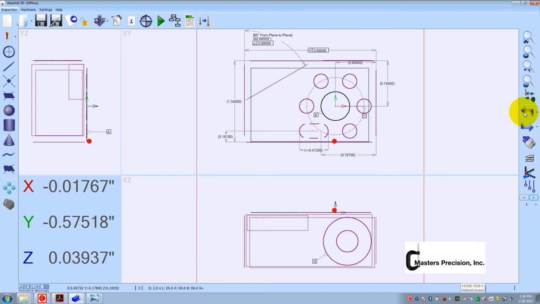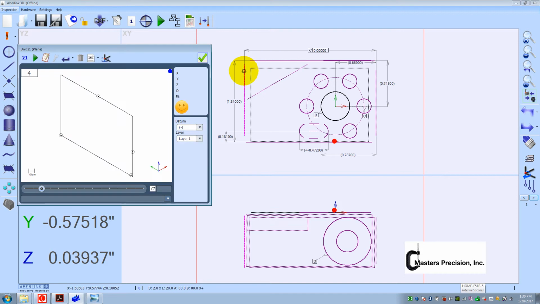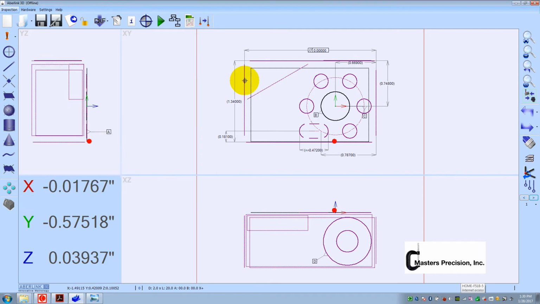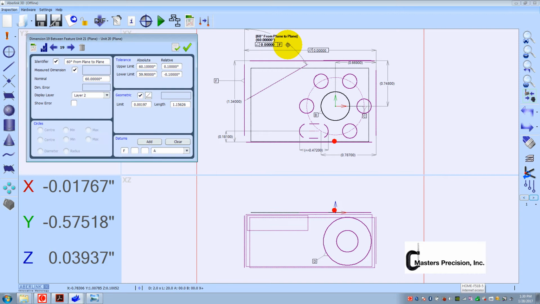So I'm going to undo that dimension, right click, call it datum F. I'm going to double click to display it, right click for datum. So now it's datum F. So now if I left click this one first, then this one, when I bring it up, it already pulls the datum label in. Now I can right click, put the tolerance zone in,